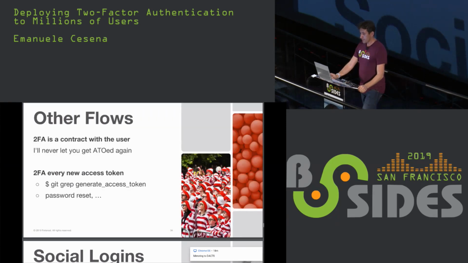And now the juicy details. The first question we often have is, what do we have to protect with two-factor? Of course, we want to protect the user login with username and password, but many other things are kind of a question mark. And so we try to give a universal answer, thinking of 2FA as a contract that we make with the user. In this contract, we tell the user, if you enable 2FA, we'll never get you ATO'd again. And because of that, essentially, we want to protect with 2FA every single